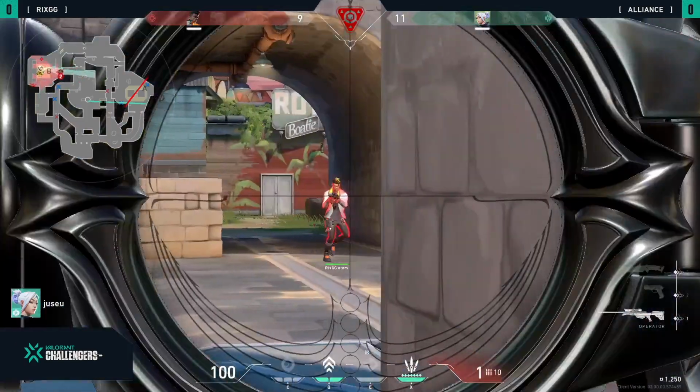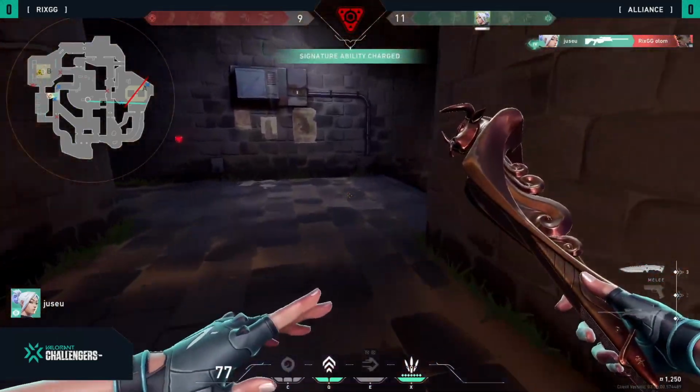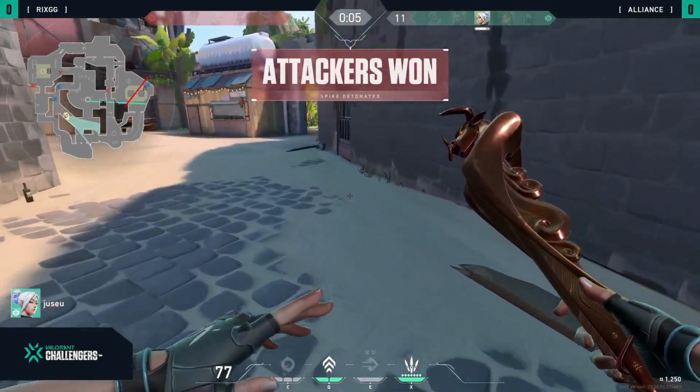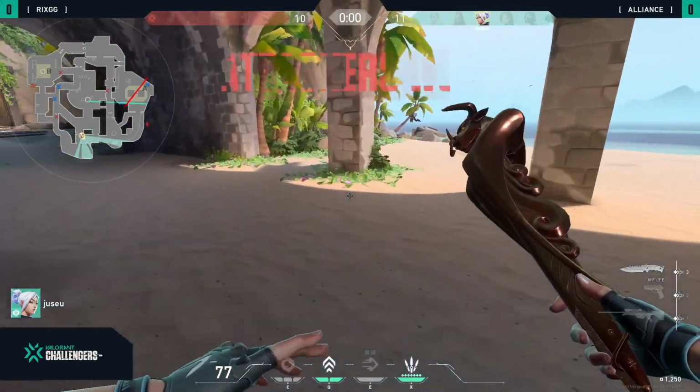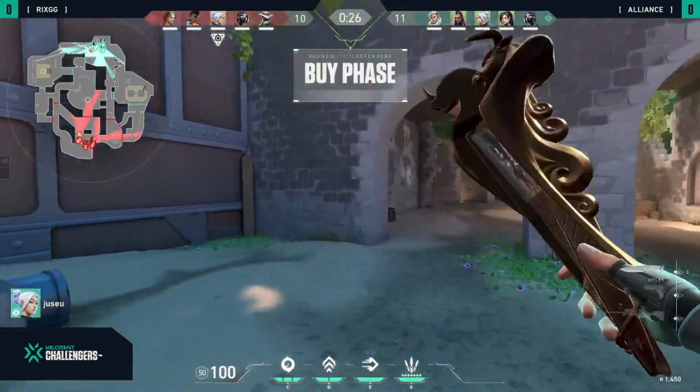He finds one, and he has just enough time to get the defuse. If he finds it, oh, Jusu! No, he can't get the defuse, though. Oh, my lord. Enough time wasted, which ensures that Alliance can't take the round, but really nice kills there from